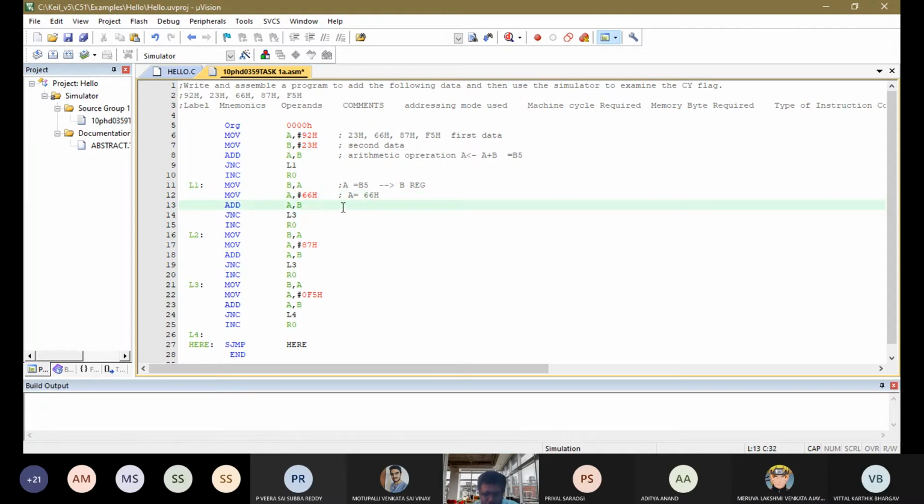Again performing the second addition. Second addition, what happens? We have 66 in A plus B5. Use the calculator and tell me the answer.